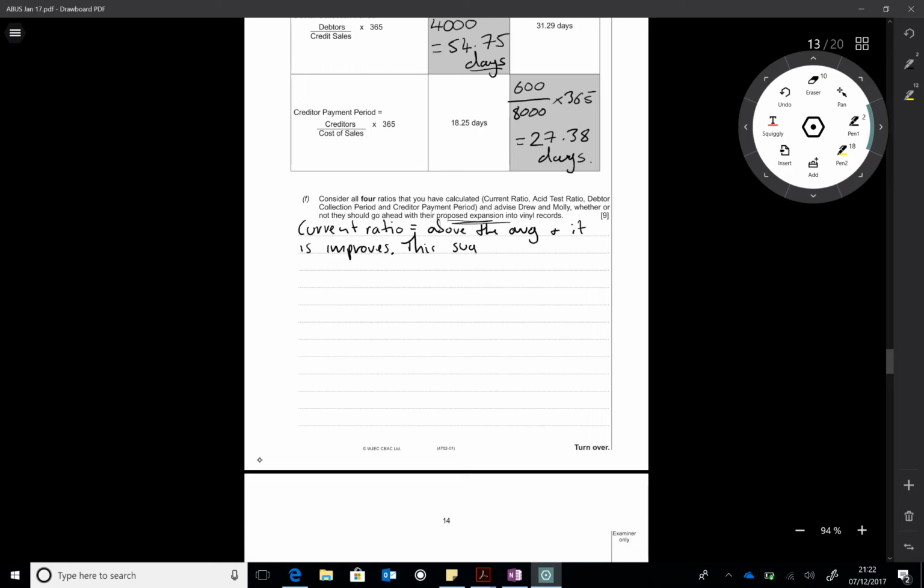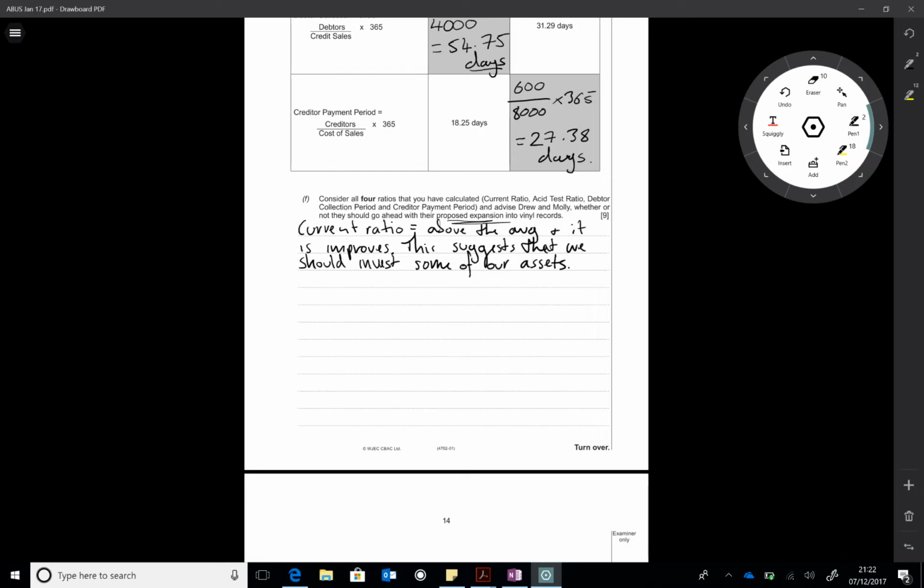This suggests that we should invest some of our assets. Okay, now that's your 2 marks for that current ratio, because you only get 2 marks for each one, because